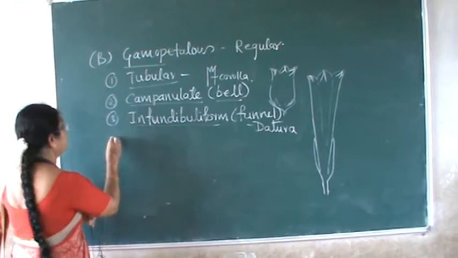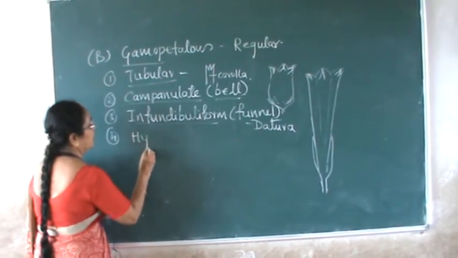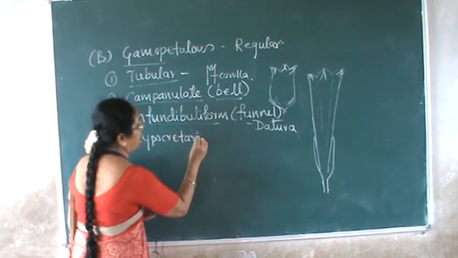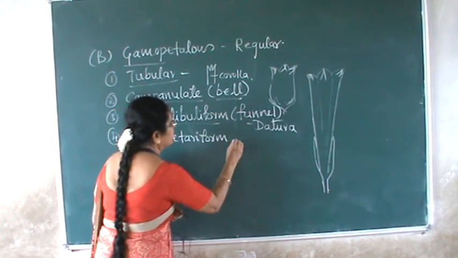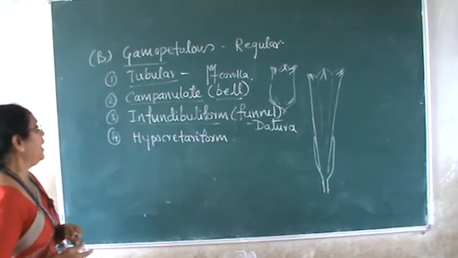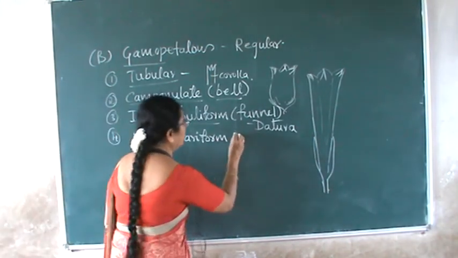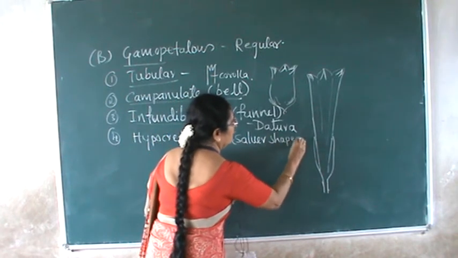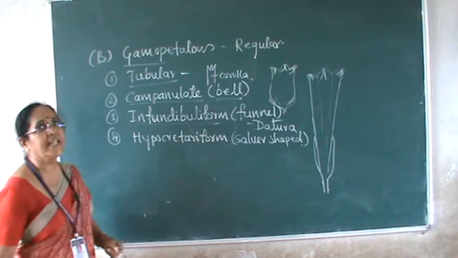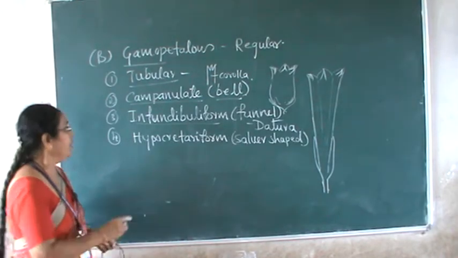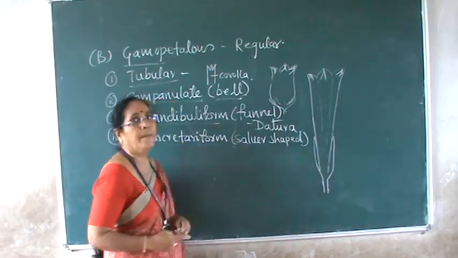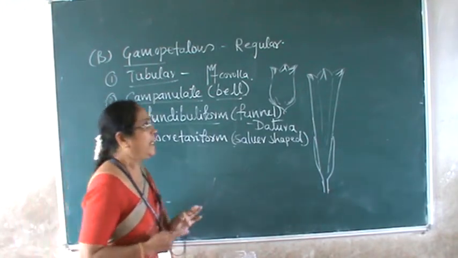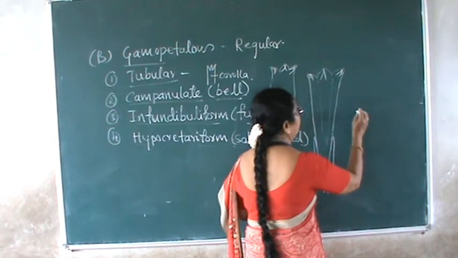The next is called hypocrateriform, or salver shape. Write down the spelling properly and pronounce the word properly. Here the corolla is made up of 5 petals, and the petals are fused in such a way that